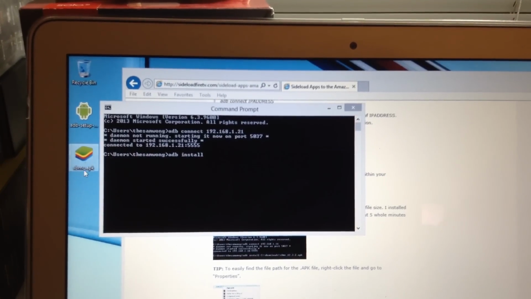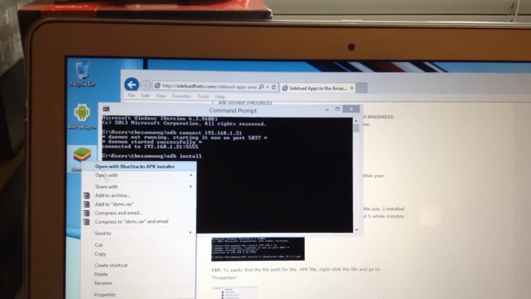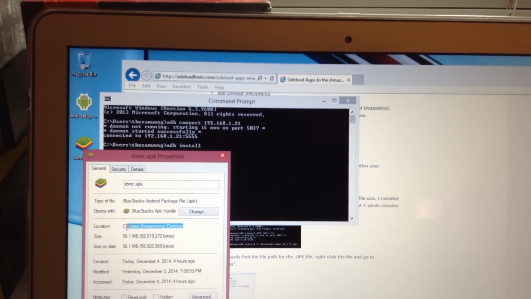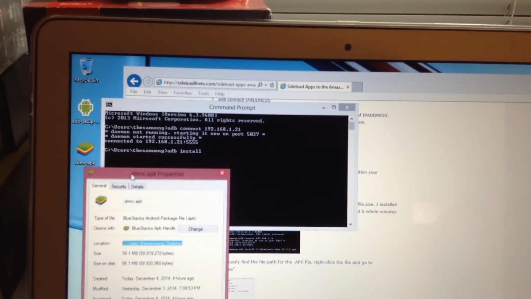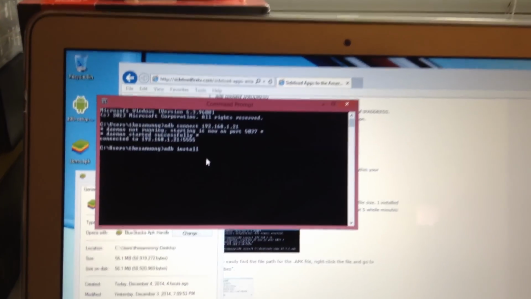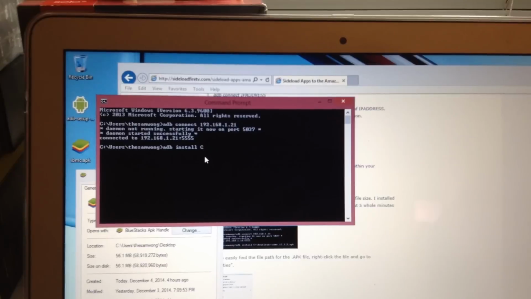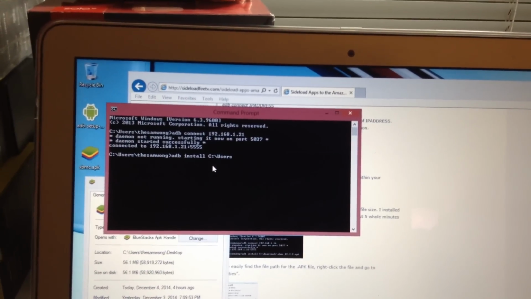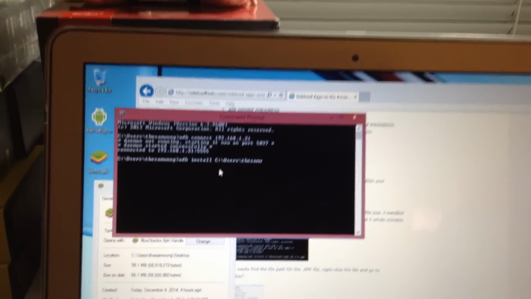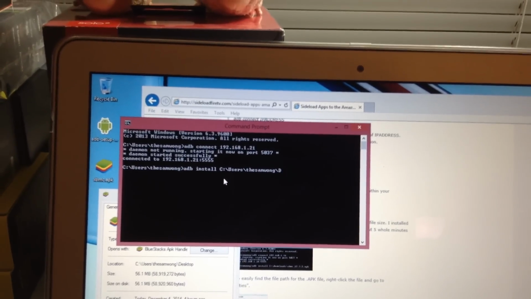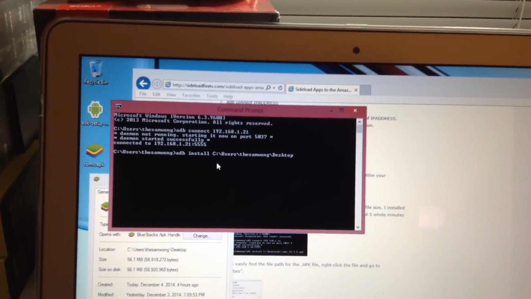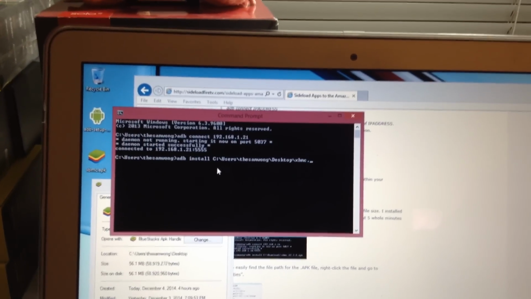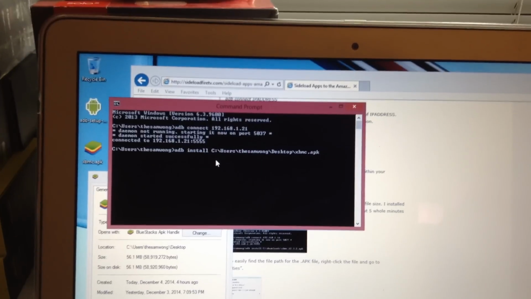So the easiest way to do that is to locate the file and then right click it and go to properties. And here's the location of the file. So this is the file path that we're going to type in. Right. So I'm just going to type that in. Okay, so that's the file path, and now we're going to type in the file name, xbmc.apk. Now I'm going to hit enter,